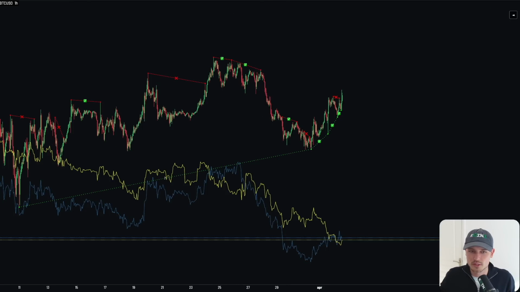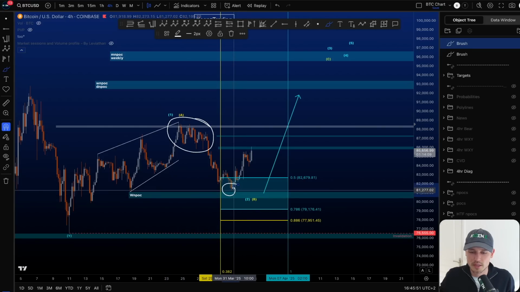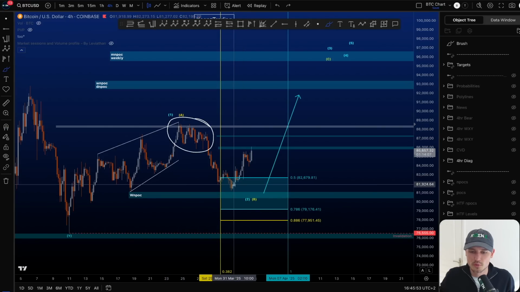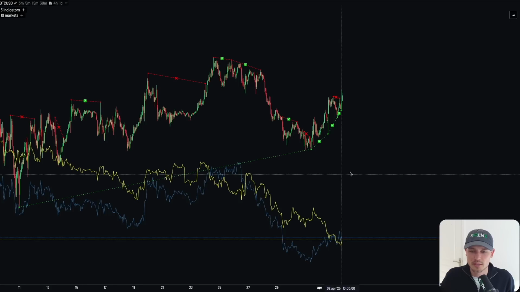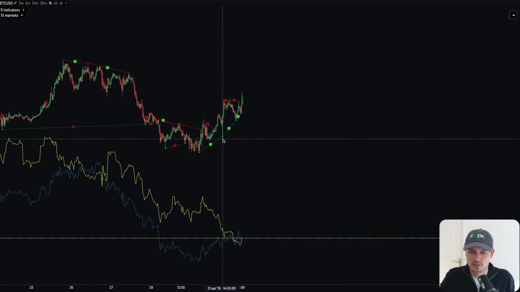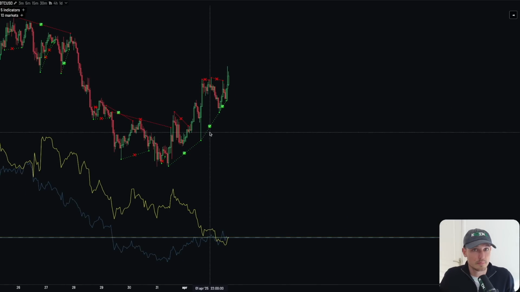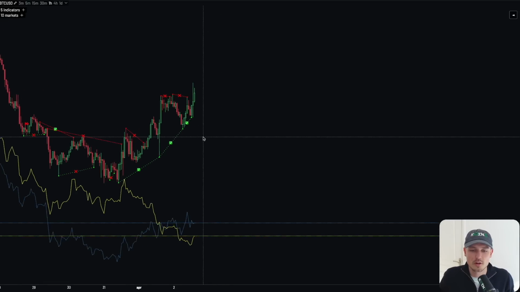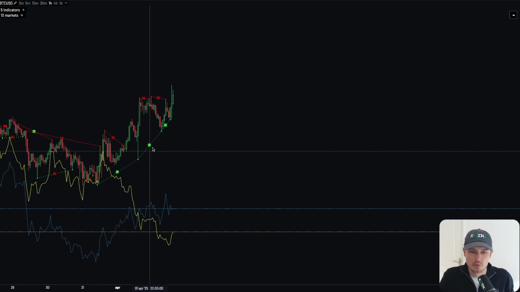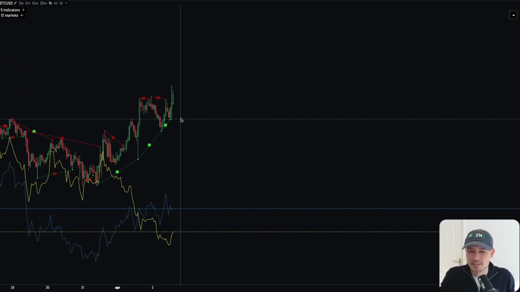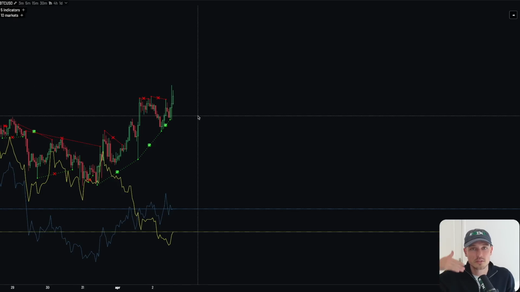We got very close here to our support box, missed it by a hair, but very, very close to support. And this move here to the upside has been supported by bullish CVDs. Now, all of these bullish CVDs here have already played out. So at the moment, there is no active 1-hour bullish CVD. Basically, need to wait for a bit of a new range to form, and the bulls want to see bullish